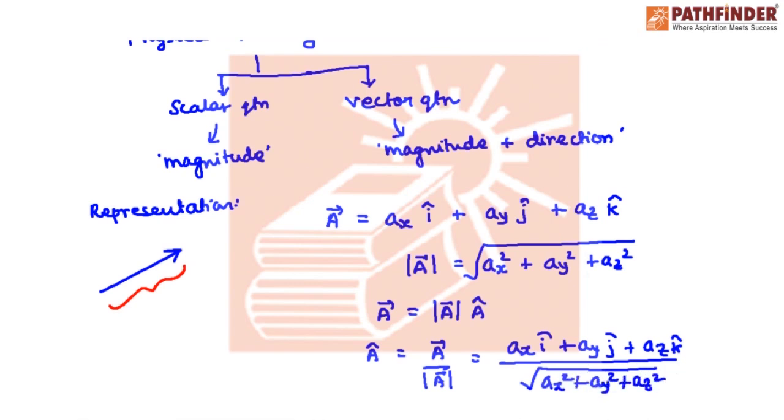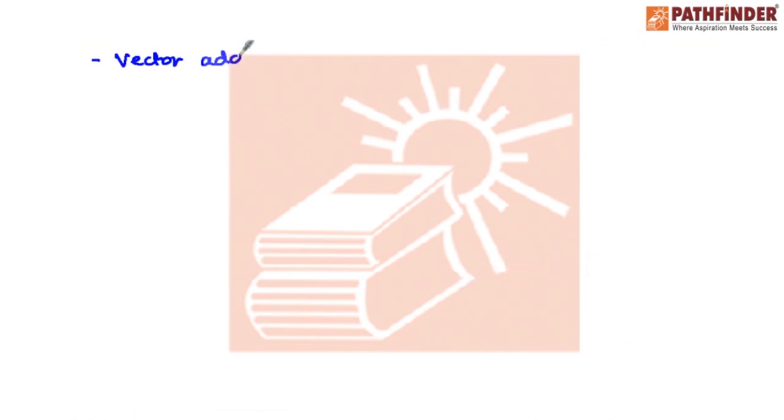Now we talk about vector addition. If there are two vectors, they should be added vectorially. The graphical method says that if the two vectors are in order, which implies that the head of one vector is touching the tail of another vector, then the resultant is the third side of the triangle but in the opposite direction. This is regarded as the triangle rule.